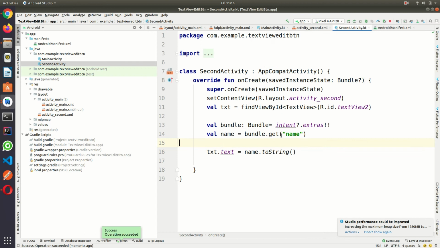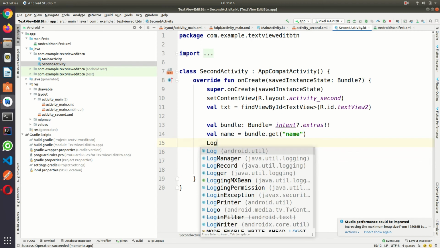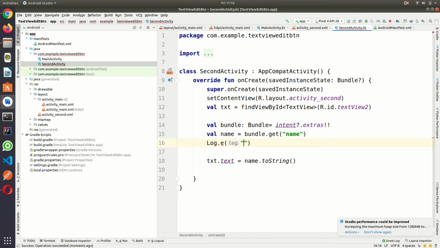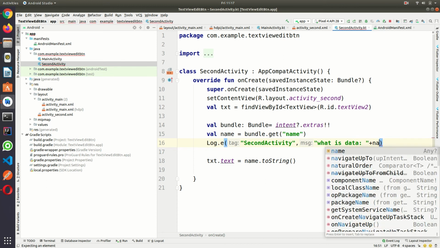So how will you get to know whether this is coming right or not? You can use Log dot e here with the tag SecondActivity, then the data, and use print name.